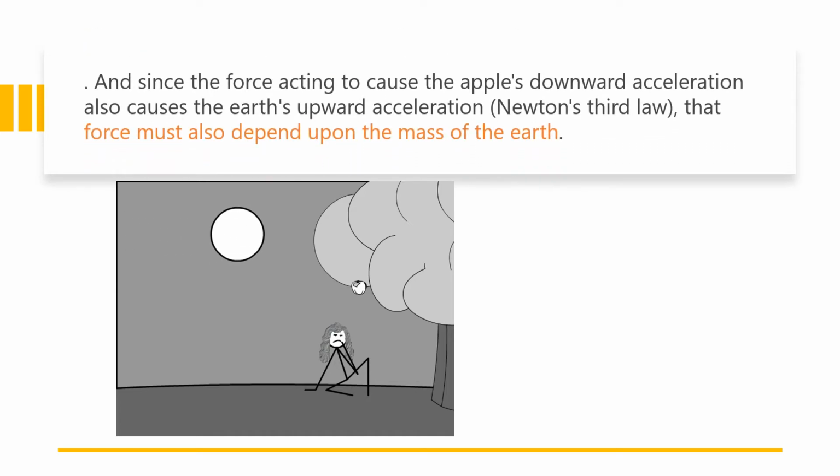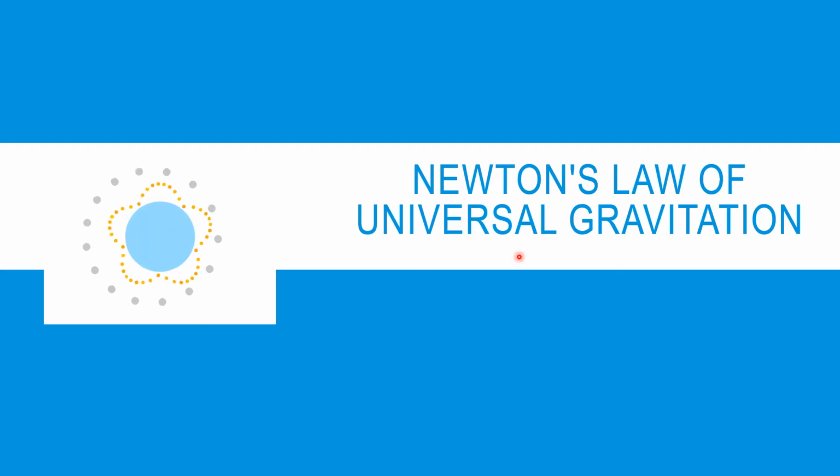And according to him, since the force acting to cause the apple's downward acceleration also causes the Earth's upward acceleration, based on Newton's third law of motion that we've discussed last time, he concluded that the force must also depend upon the mass of the Earth. So, we need to consider the mass of the Earth and also the mass of the apple and also the distance separating them. So, that idea led him to the conceptualization of Newton's law of